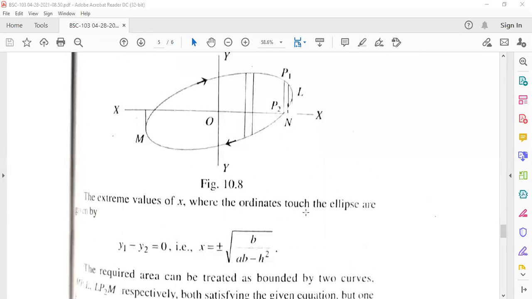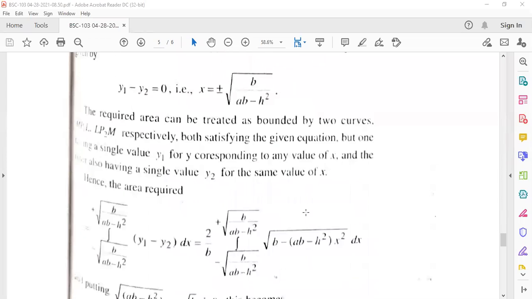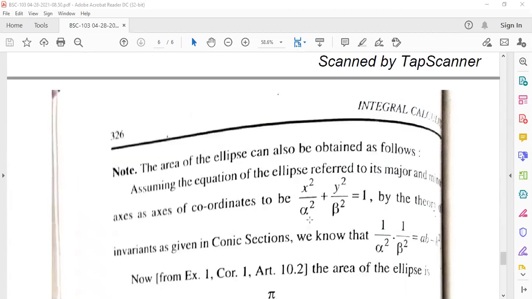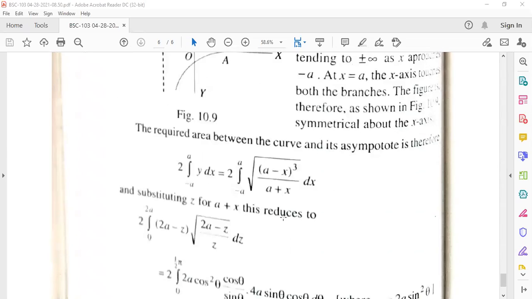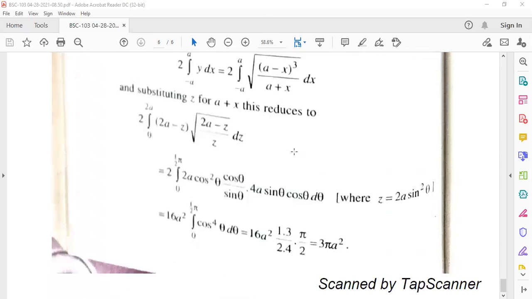Because it is less important, I have not given it. This kind of integration will not be coming in your examination. But we are interested in the kind of integration where asymptotes are given. This is also left to you because less than 1 minute is the time. So next day we will start with some examples here.